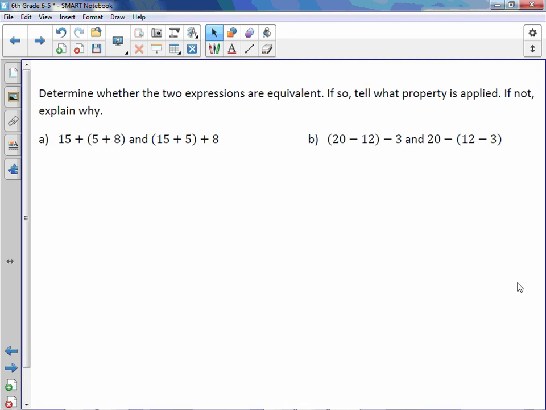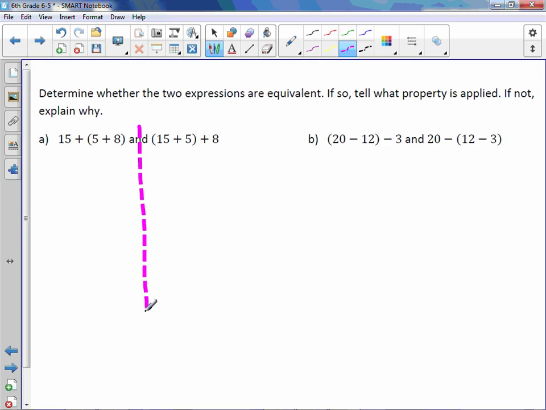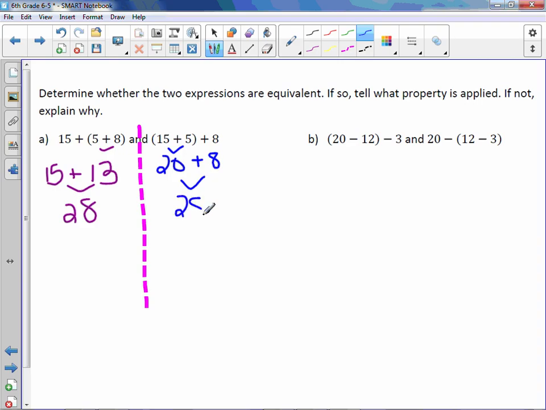Determine whether the two expressions are equivalent. If so, tell what property is applied. If not, explain why. So we have two expressions here. Let's do 15 plus the quantity of 5 plus 8. We do 5 plus 8 first, which is 13. Bring down the plus 15, and 15 plus 13 is 28. On the right-hand side, we do 15 plus 5 first, which is 20. Bring down the plus 8, and 20 plus 8 is 28. These two are equal,